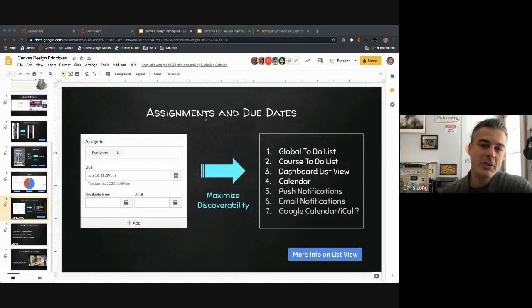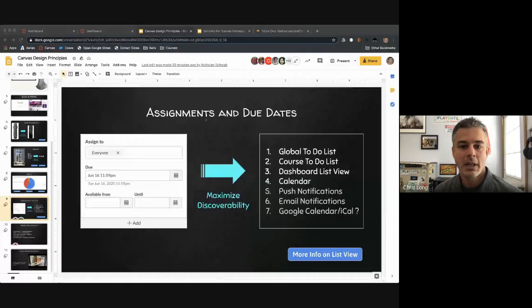But one of the things you can do that breaks a lot of the built-in design of Canvas is not put a due date in an assignment. If something is due, meaning that you want students to complete it and it's going to be in your gradebook and you're going to give them a score or feedback for it, it really needs to have a due date. And the reason why is because students work off those due dates because Canvas is designed around due dates. In Canvas, there's potentially 7 different places where those due dates show up automatically,